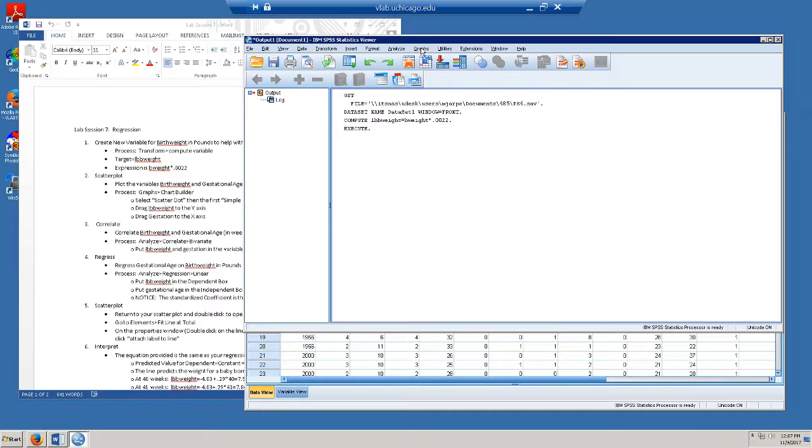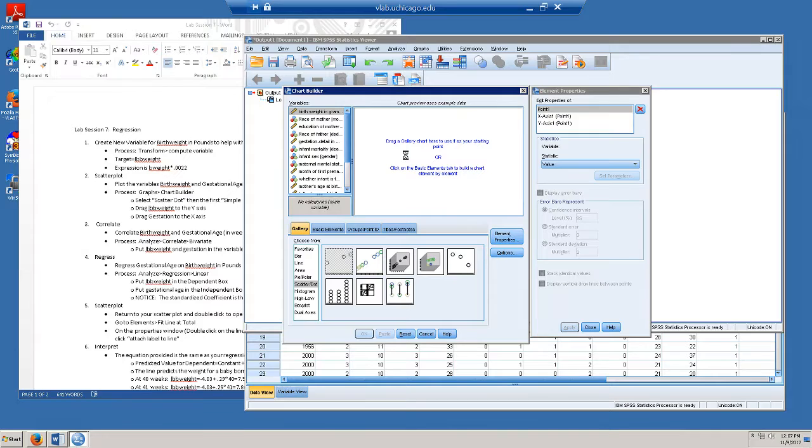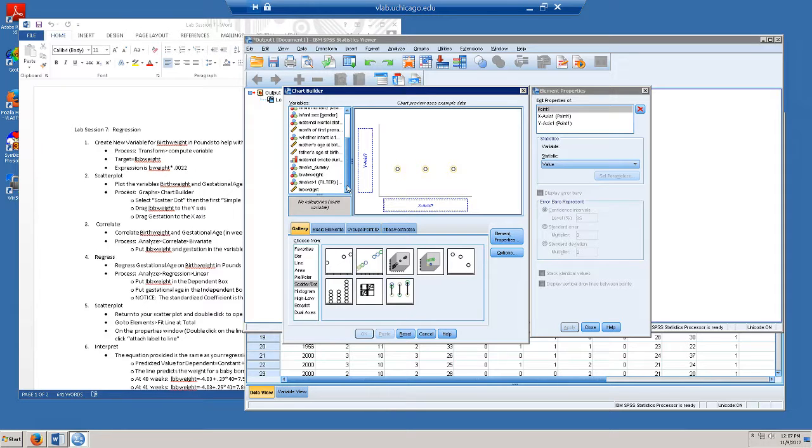So we're going to go to graphs, chart builder, on this choose from left-hand gallery here, we're going to go to scatter dot, and then we're going to drag this first one called simple scatter into our window. The y-axis is going to be our new pound birth weight,